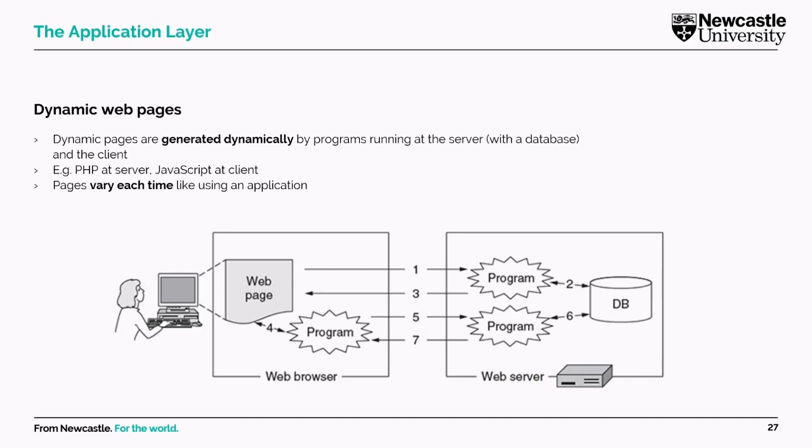And then you have the approach where this can be done at the client, since our machines are very powerful these days and capable of doing computation themselves. Many web pages are embedded with JavaScript, which allows them to run some of the computation themselves rather than relying on the server to do everything, because if you want to communicate with the server, there's a delay associated. The message needs to be sent, needs to be propagated, the server needs to do something and then answer back,